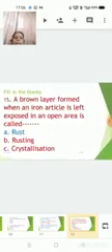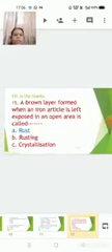A brown layer formed when an iron article is left exposed in an open area is called rust. Instead of this, if it would have been the process, or the method, then the answer would have been rusting. So children, please read the question properly. So here again for your fill-ups, three options have been given. One is rust, rusting and crystallization. So the first option is the correct one for the question.